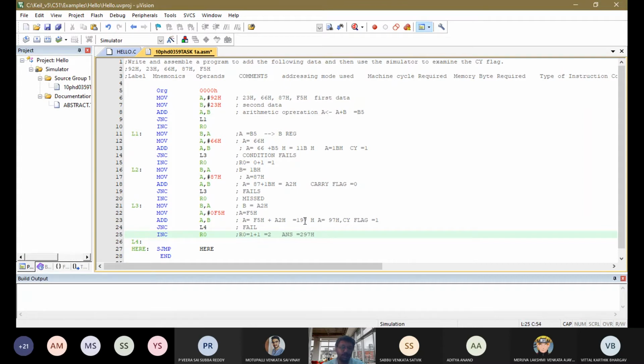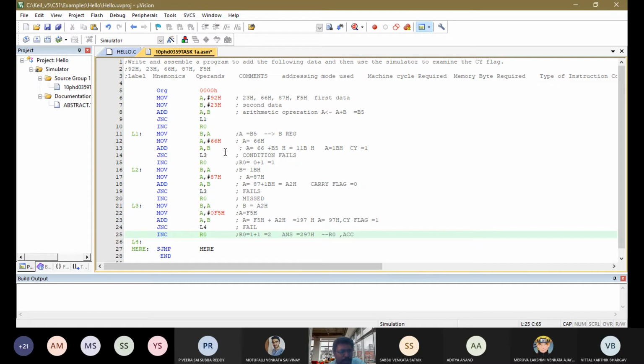Okay, so in that it will be in R0 the higher variable and A the lower variable. The accumulator will have the lower 8 bits, and the higher 8 bits will be in R0. Okay, so this is the explanation about the program. This is for the data sheet I have made. You are going to make it for your own.